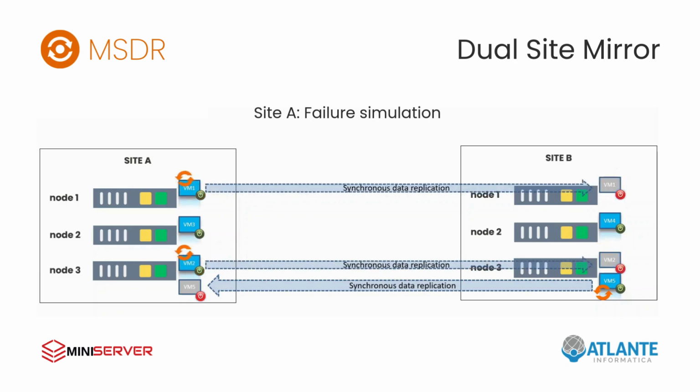Okay, now let's promote and start up VM1 and VM2 on site A. At this point, we have come back to the original situation. VM1 and VM2 are mirroring to site B, and VM5 is mirroring to site A. That's all